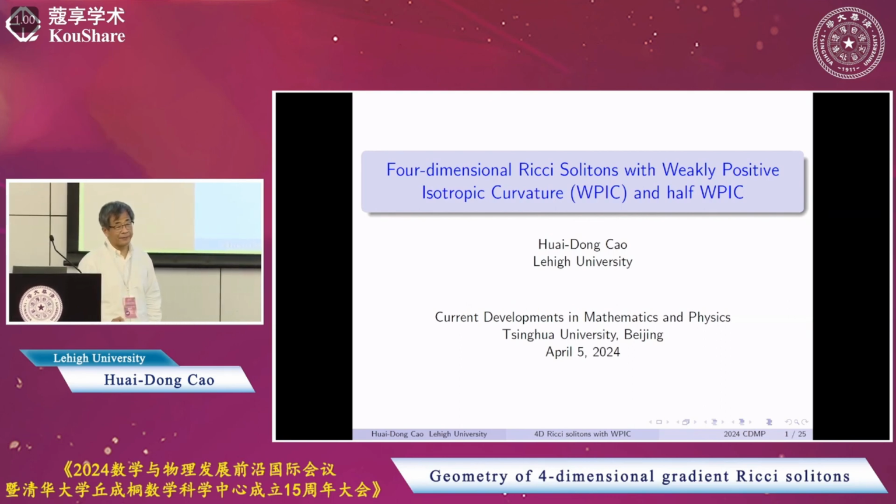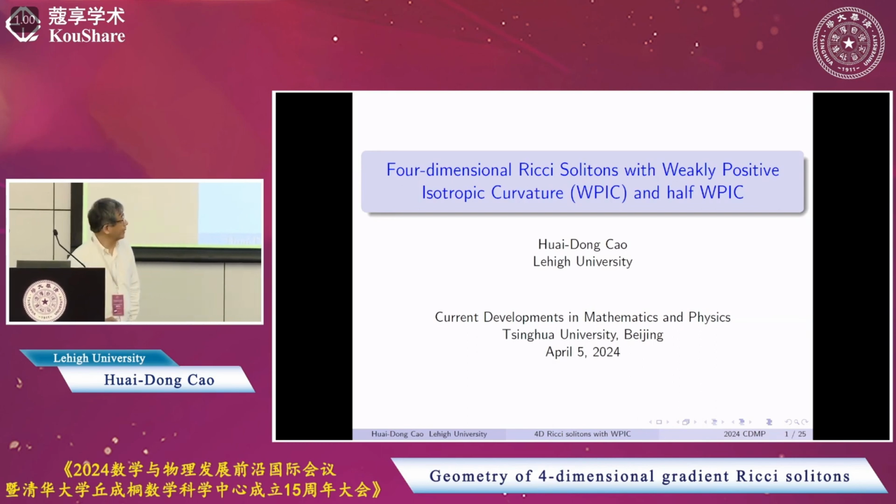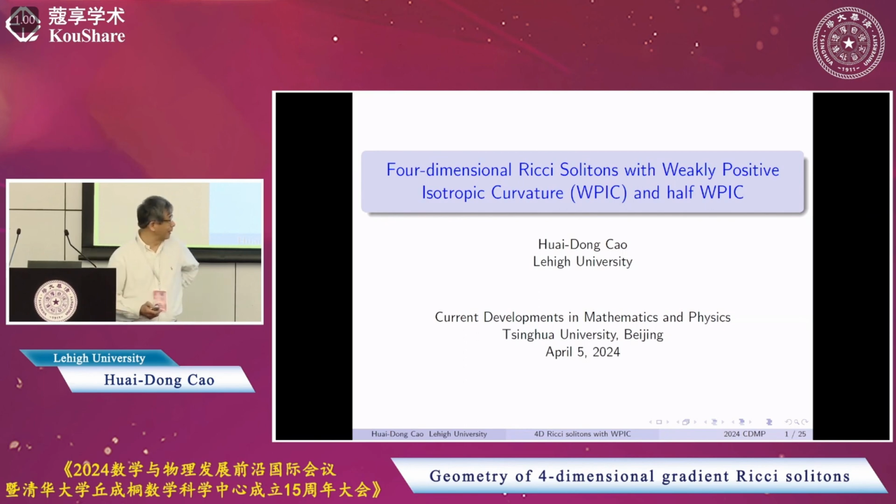And immediately after Hamilton left, Professor Yau asked all his three first-year PhD students, Bing-Long Chen, Ben Chow, and myself, to start learning Hamilton's paper. And since then, it has been more than 40 years, and I still receive the advice and